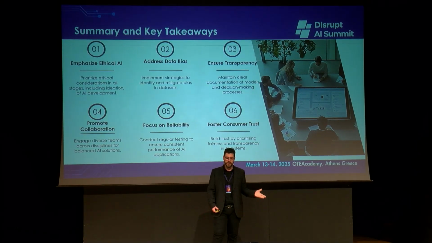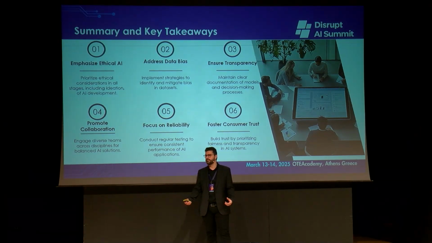In summary, as I told you, there are different ways to address and mitigate bias, and to improve transparency and reliability. The important thing I want to make is six points. We need to emphasize ethics in AI. We are not talking about a system that produces some numbers to be used in a specific use case. When we talk about natural language processing, the outcome is unexpected. We need to measure it somehow.